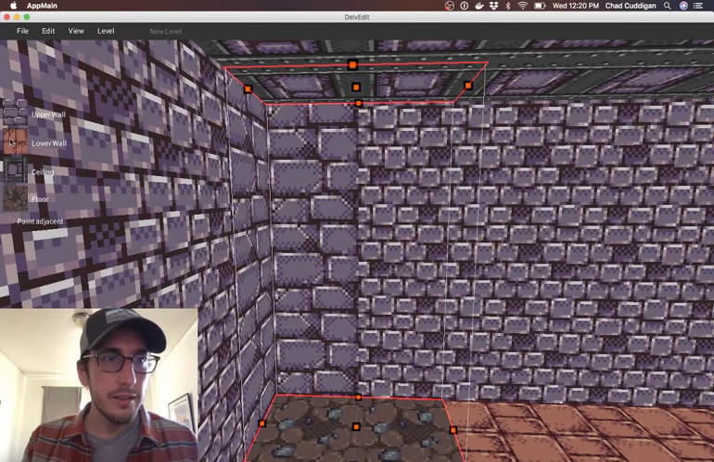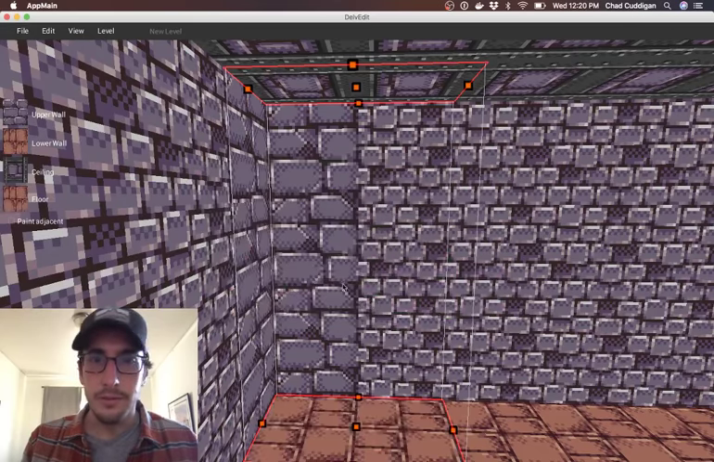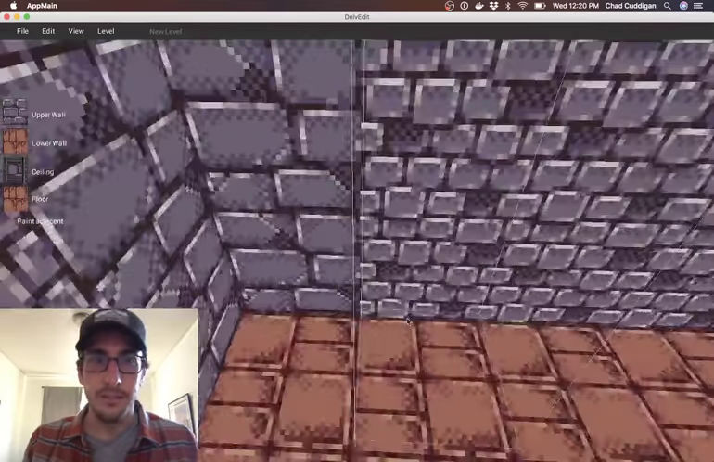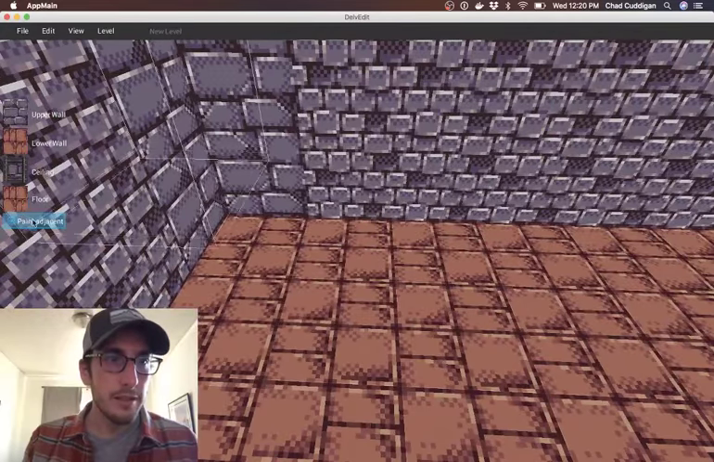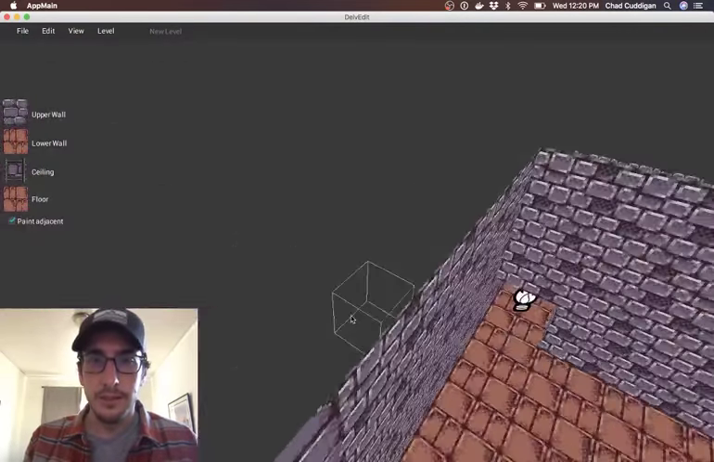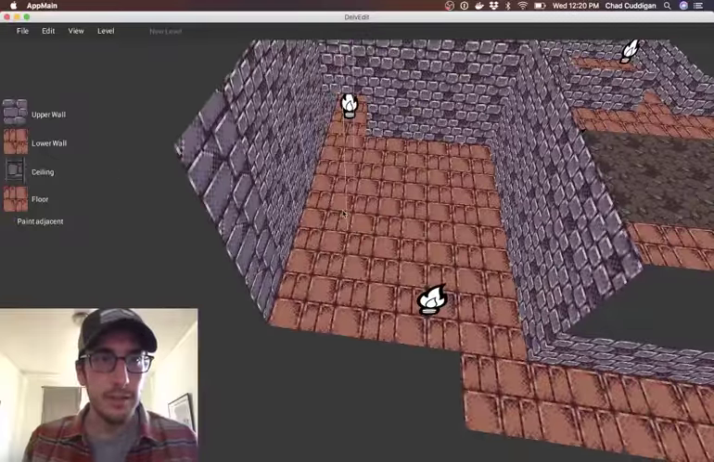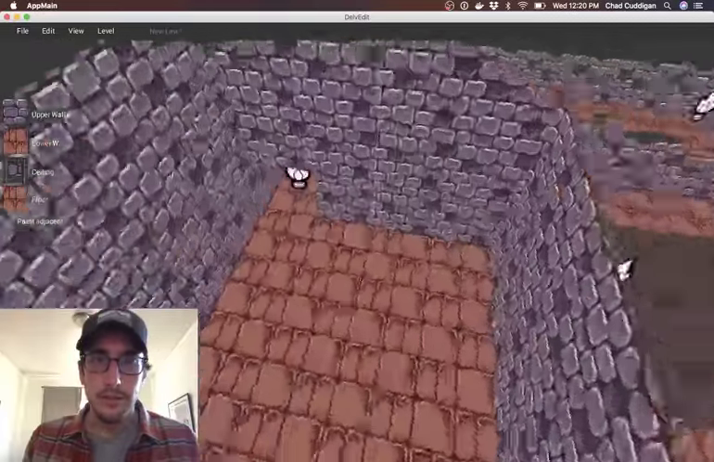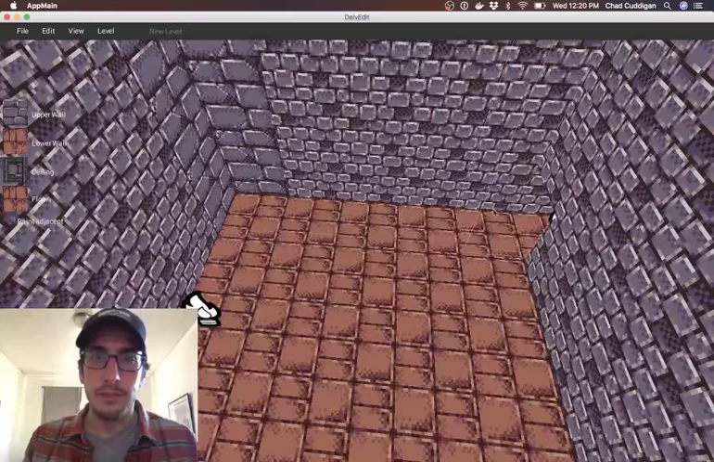Put that back. Use that red tile texture again. I'm going to turn paint adjacent back on, since I think what I want to do, actually let's keep that off. What I want to do is I want to make this wall use a different